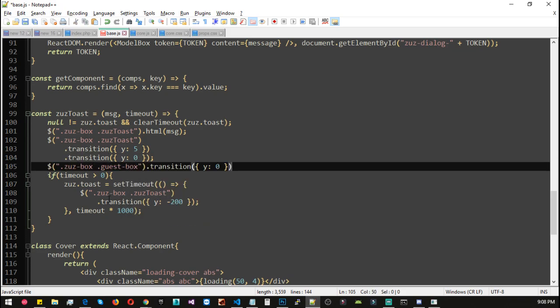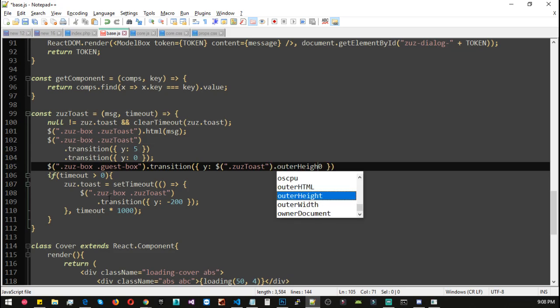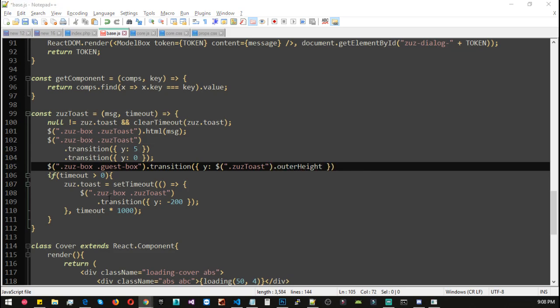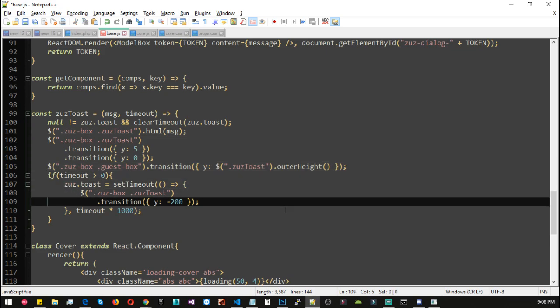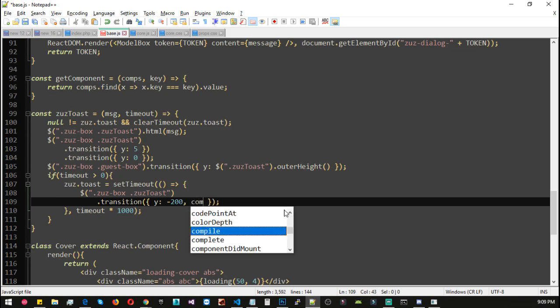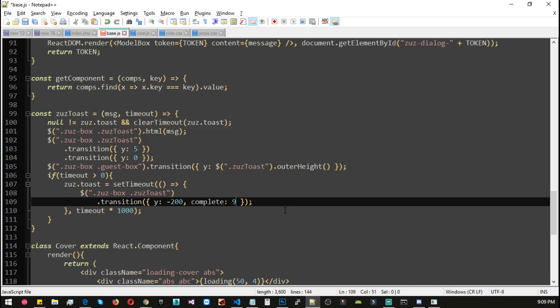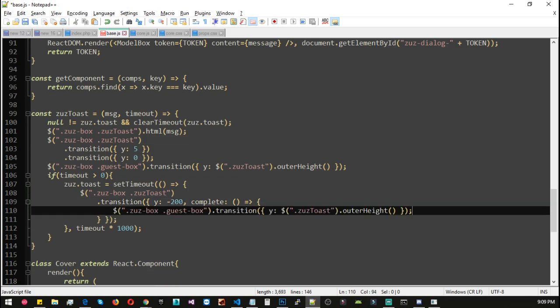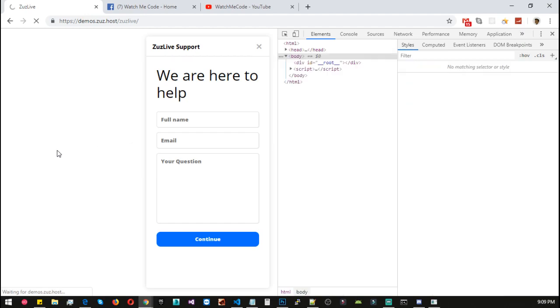and use the transition, and transition should be $.ZeusToast.outerHeight. I guess this is it. And after that we need to move back the transition complete to 0. Great, let's save it, go back to our domain and reload,